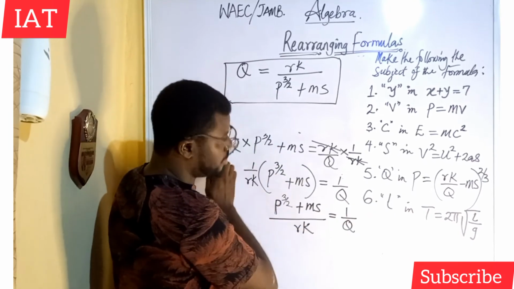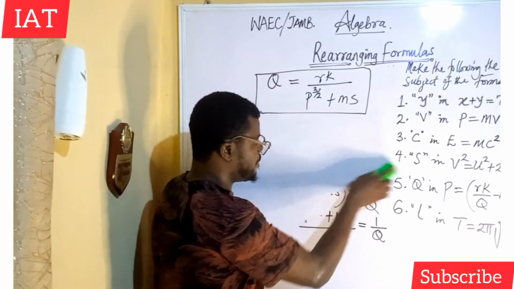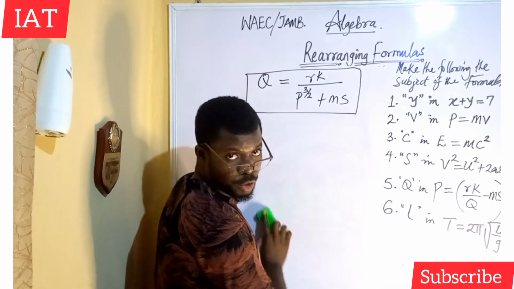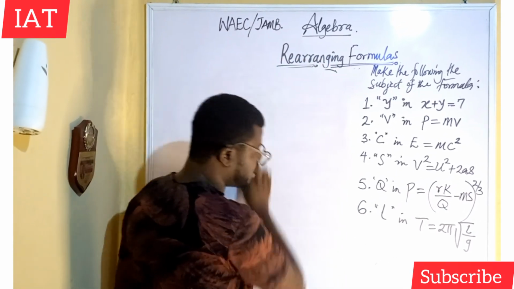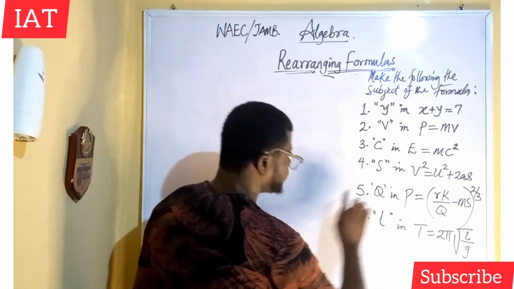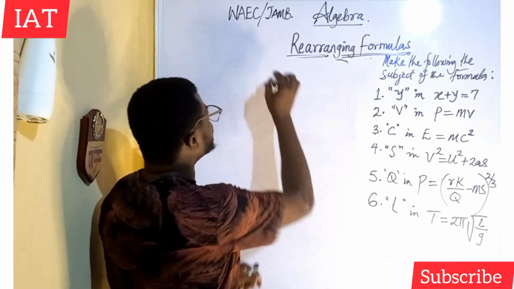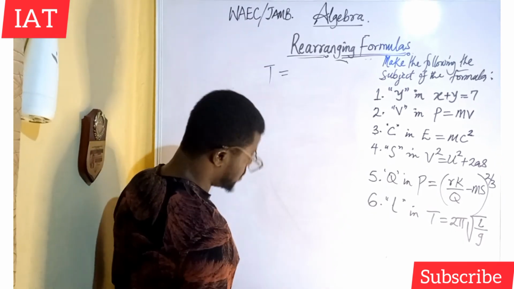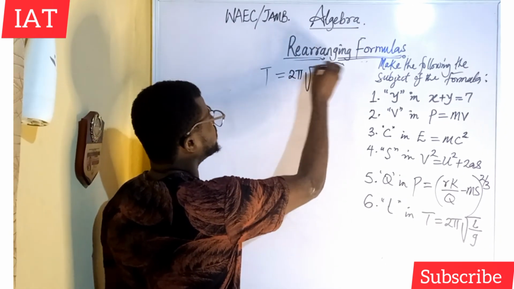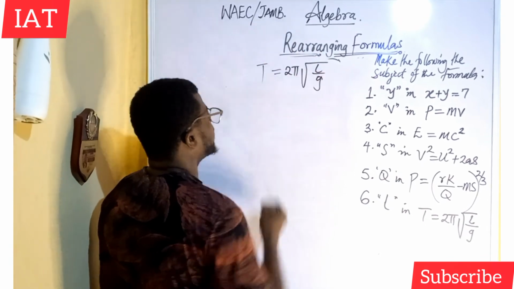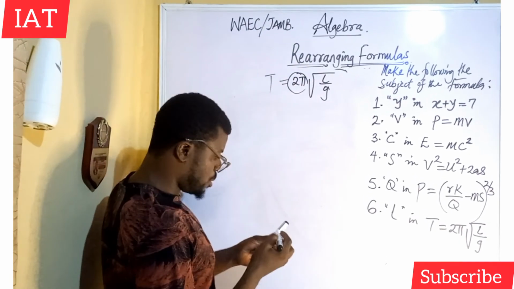So the final problem is the expression in physics for the period of a pendulum bulb. If you've come across that expression, then that is fine. So we want to make L, which is the length, the subject of the relation out of the parameters we're having. So we have T equals 2 pi multiplied by the square root of L over G. The first approach is to divide both sides by this quantity, 2 pi,